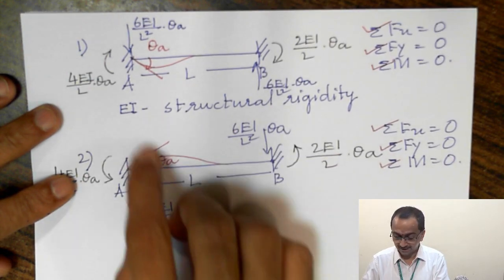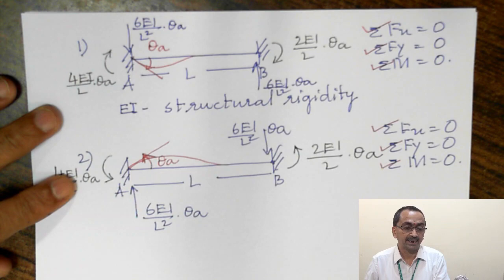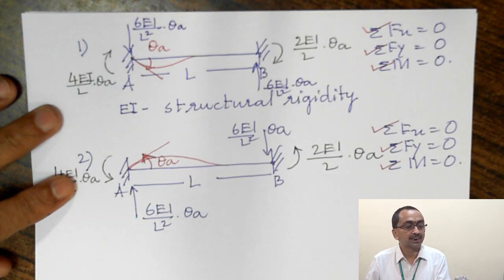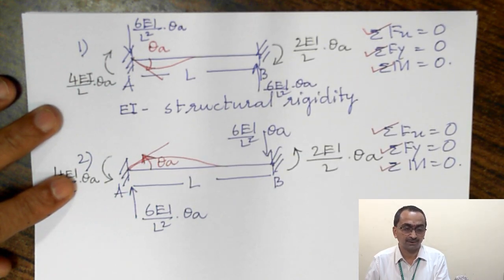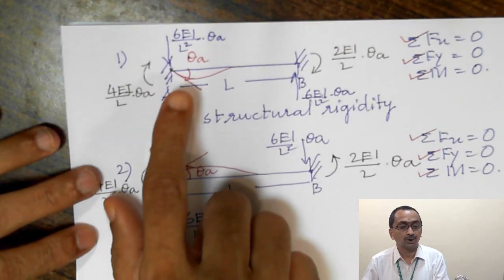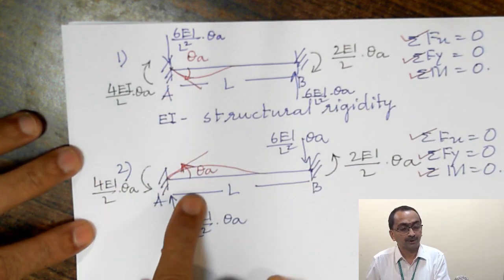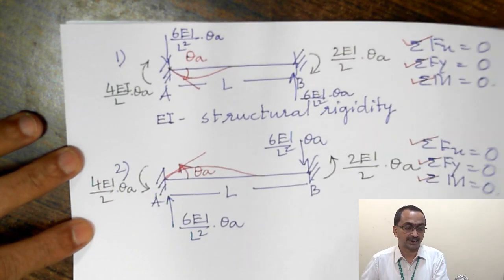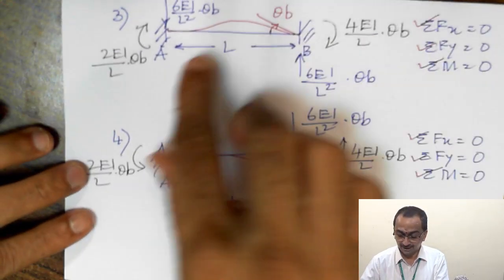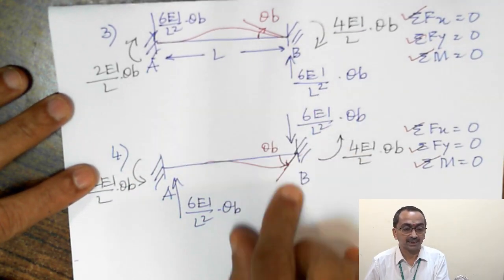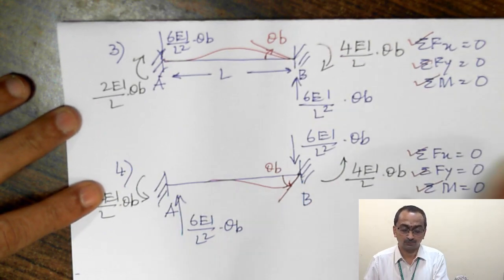At the end of the previous lecture, I promised that next lecture we will discuss translational stiffness. That is, what will happen if I translate end A and end B upwards and downwards. So let us consider case number 5, 6, 7 and 8. These are case number 1, 2, 3, 4. Case number 1 was when we applied clockwise rotation at A. Case number 2 when we applied anticlockwise rotation at A. Case number 3 when we applied clockwise rotation at B. Case number 4 when we applied anticlockwise rotation at B. Now let us consider translational stiffness, that is case number 5, 6, 7 and 8.